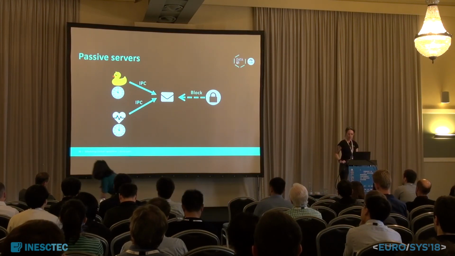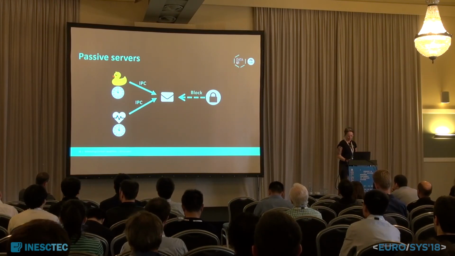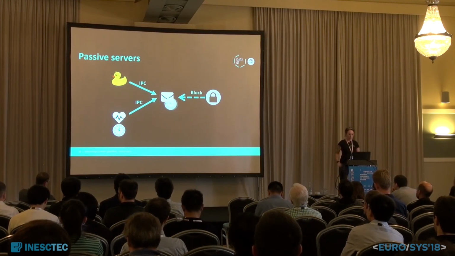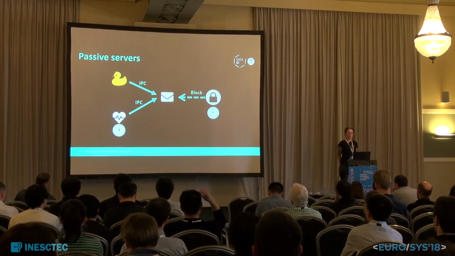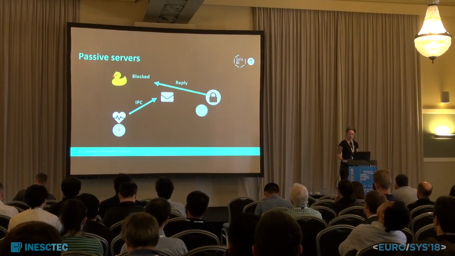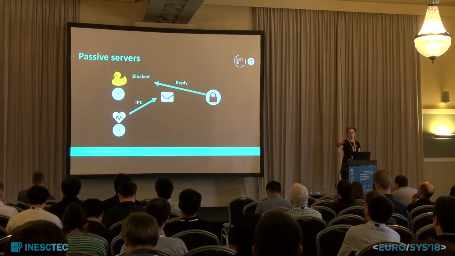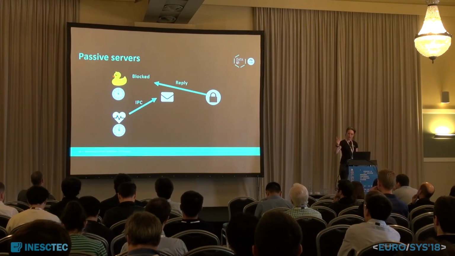So we introduced a new concept called passive servers, where the server itself does not have a scheduling context. When you make an RPC call, the scheduling context travels to the server, and the server charges that scheduling context, which gives you the temporal isolation you need. When the server replies, the scheduling context goes back. Now the client can't make any more calls than the bandwidth that the scheduling context represents, which is neat.